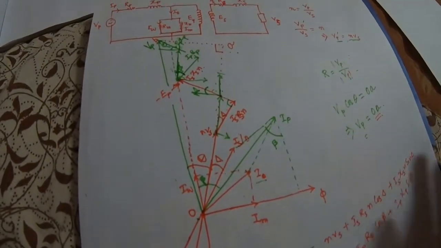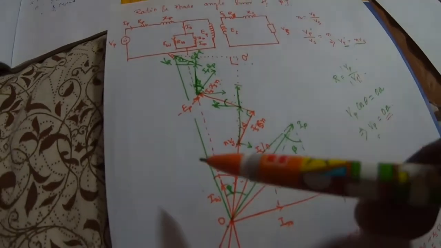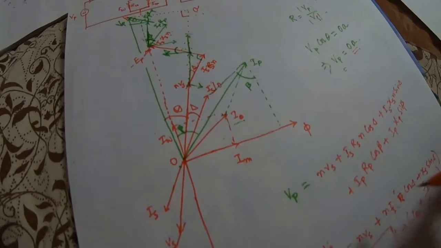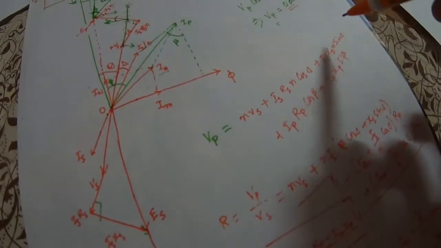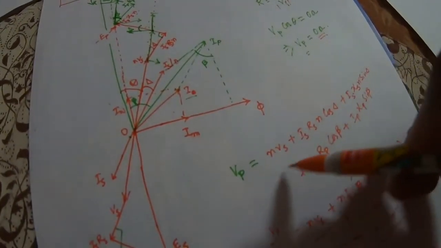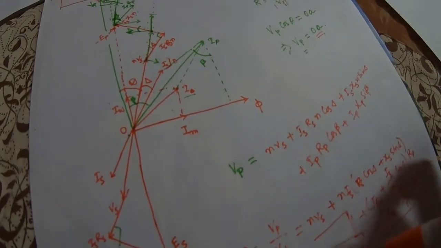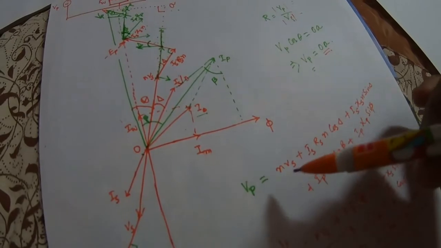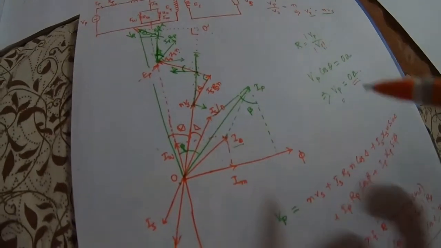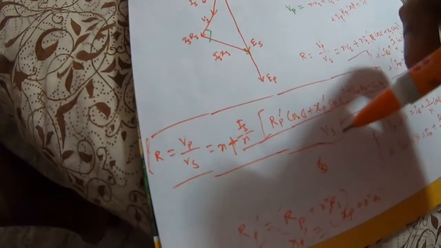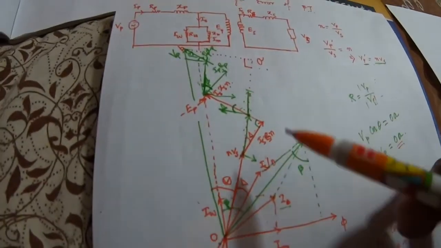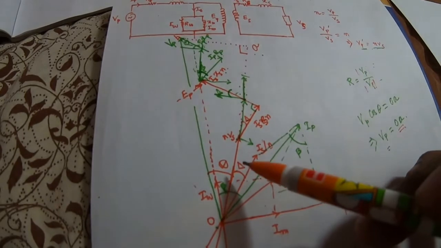So if you have any doubt, just listen to this entire phasor diagram part again, and then I think you will be able to write down this equation. Actually this equation is the main equation. So the equation of Vp is the main equation for calculating all those things. Once you have understood this fact, that is what is the value of Vp, I guess you can calculate this part also. So this is not so much important over there. So the main important thing is understanding the phasor diagram by computing these angles, the delta, that is beta, and all these things.